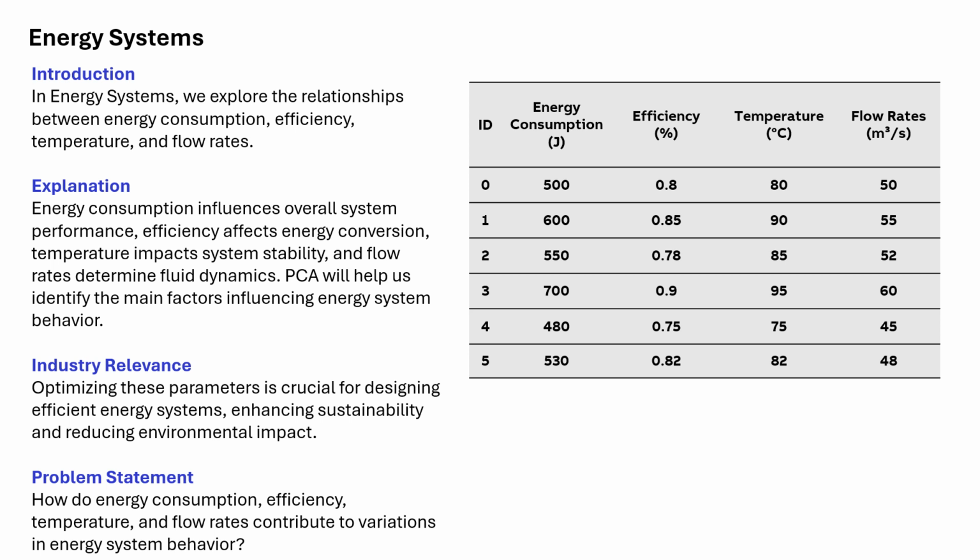Optimizing these parameters is crucial for designing efficient energy systems, enhancing sustainability, and reducing environmental impact. So consider the dataset given in the table and answer: how do energy consumption, efficiency, temperature, and flow rates contribute to variations